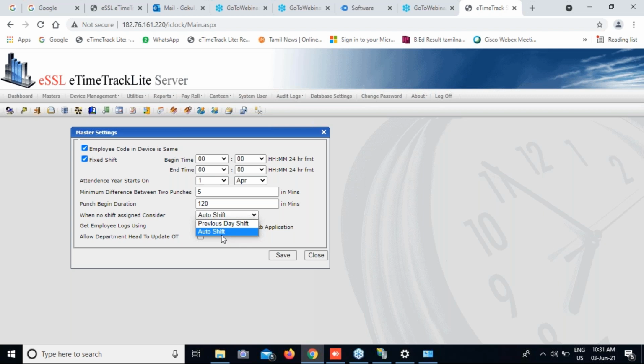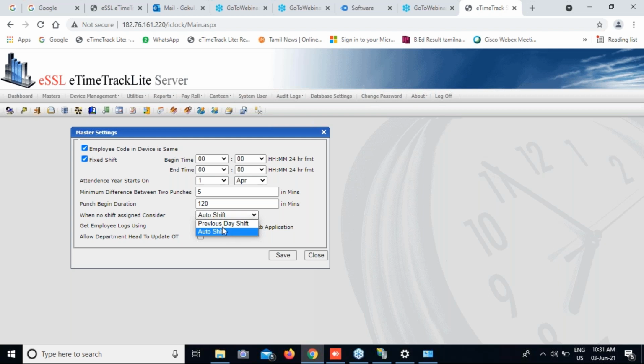If I punch at 9 o'clock, or 8:50, 8:30, it will take the first shift. If I punch at 1, 1:30 or 2 o'clock, it will take the second shift. If I punch at 6 o'clock, it will take the third shift. So according to the shift timings, it will take the nearby shift. That is called auto shift.